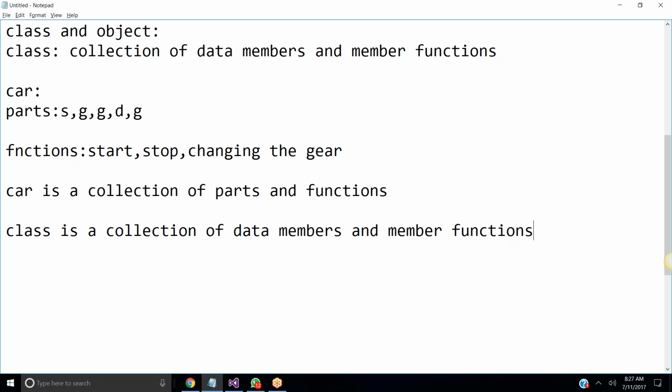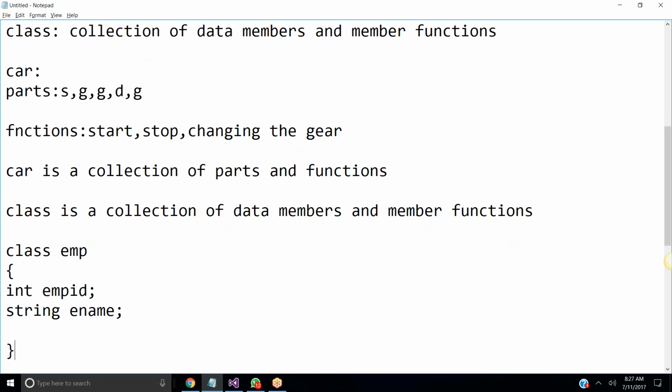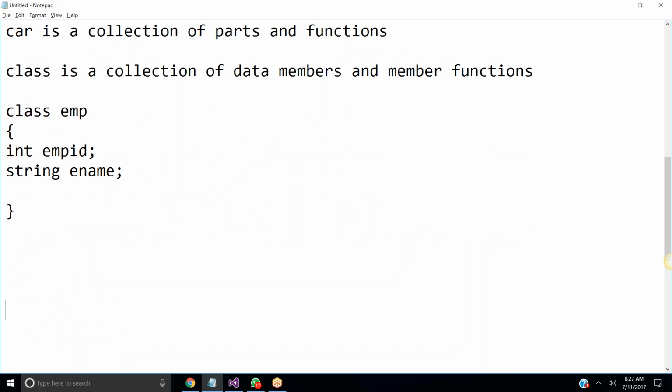Now listen here, we'll see some sample class. I'm taking the employee class. Data members of the employee would be employee ID and employee name, so my class would be having the data members like employee ID and employee name. Along with this, I'm trying to create the functions.